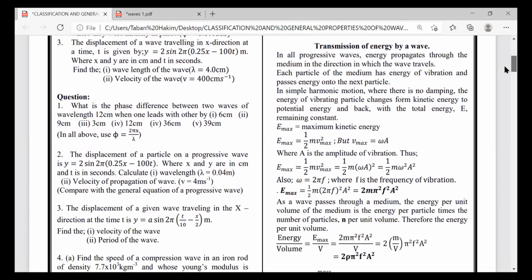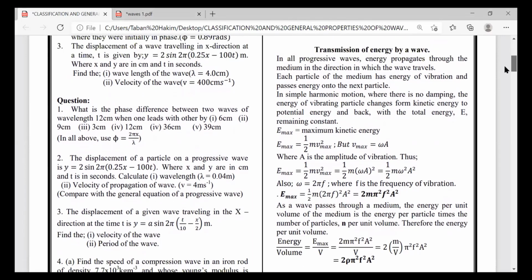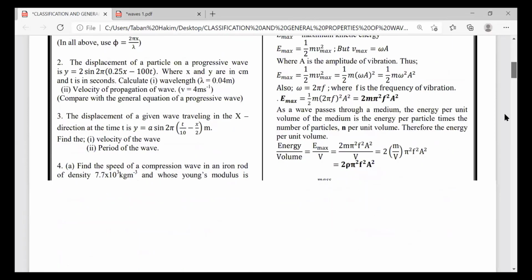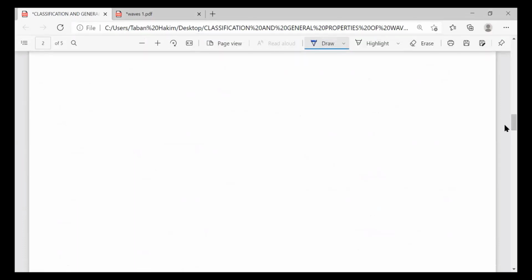Okay, yes. I was saying that this question number 3, I guess it is very simple for us. They want us to find the wavelength and then the velocity. Number 3, you write it down here. Question 3. We've been given the equation y is equal to